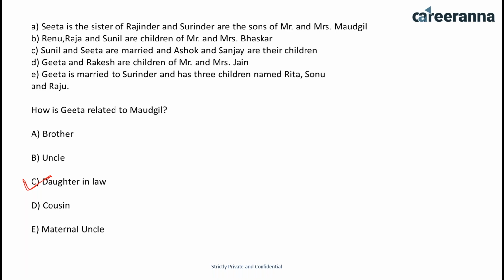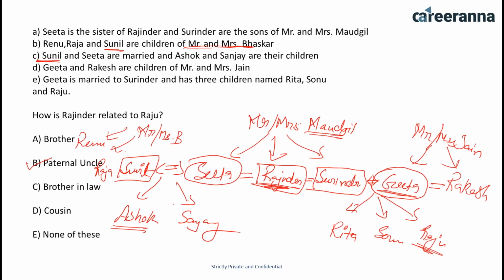Please see this question: you cannot find out the gender of many members like Rakesh, Raju, Sonu, Ritu, Sanjay, Ashok, Raja, or Renu. We don't know if they are male or female. So in the exam they might give you this type of confusion. In exams they use male-type names and give them a female identity. This is one of the trickiest parts they use.